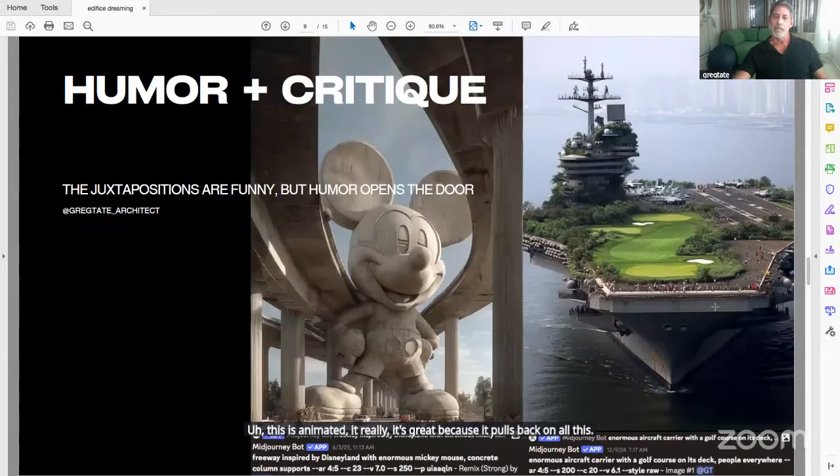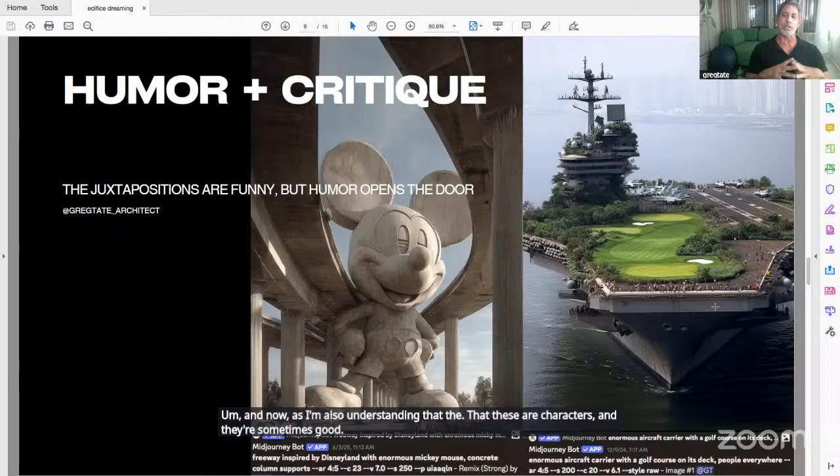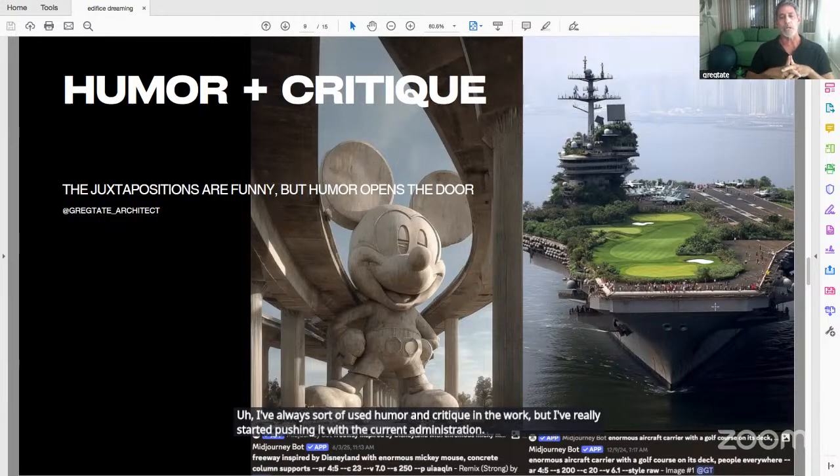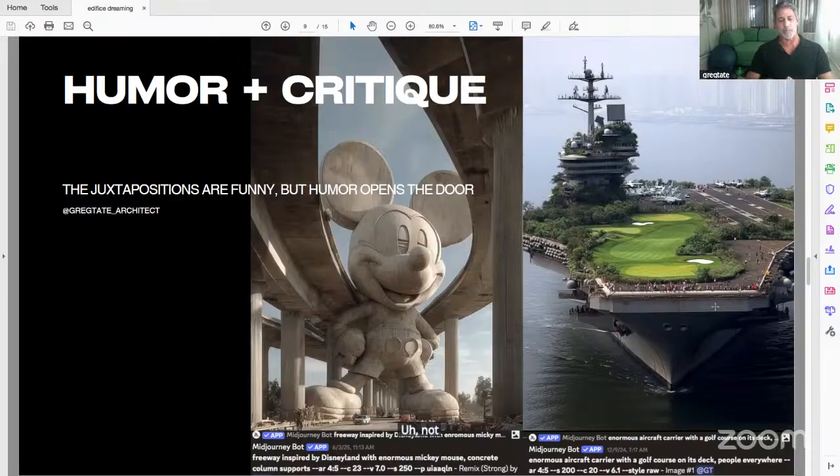And now, as I'm also understanding that these are characters and they're sometimes good, sometimes not so good, I've always sort of used humor and critique in the work, but I've really started pushing it into the current administration. Not too obvious. I try not to be really obvious about it for obvious reasons.